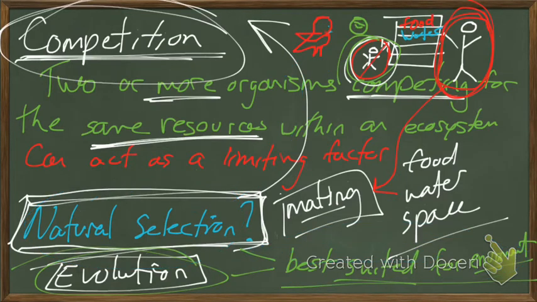Okay? If you were to take those same birds and put them on an island where there were only insects, the birds with the little beaks and the quick, fast beaks would be able to live, whereas the toucans would die out and the pelicans would die out. If you were to take all those birds and put them on an area where there's a lot of fish, the pelican would be able to consume a lot of fish, whereas the toucan and the little birds would all die out. So it really is, whatever your environment or your ecosystem is, it's going to be those individuals best suited for it that survive.